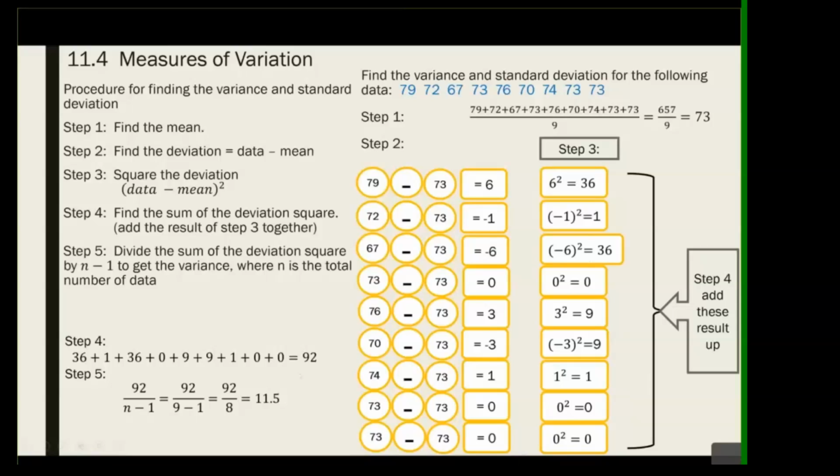Now, how do we finish if they ask us for the standard deviation? All you need to do is take the square root of the variance, meaning whatever the result in step 5, you take a square root. So if you take a square root of this to give you